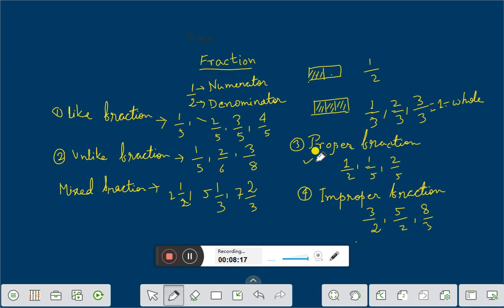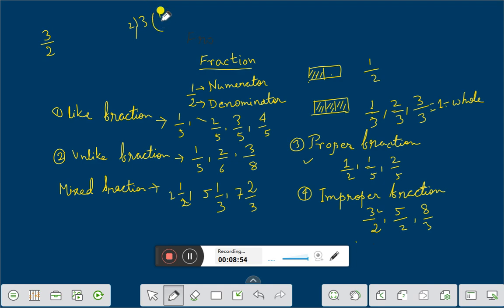These are the different types of fractions, right? And how to represent the fractions we have already discussed. But suppose this one is an improper fraction, how do we represent the improper fraction, that is 3 by 2? First of all, you have to divide 3 by 2. Suppose we want to represent the improper fraction 3 by 2. How will we represent it? First divide 3 by 2,